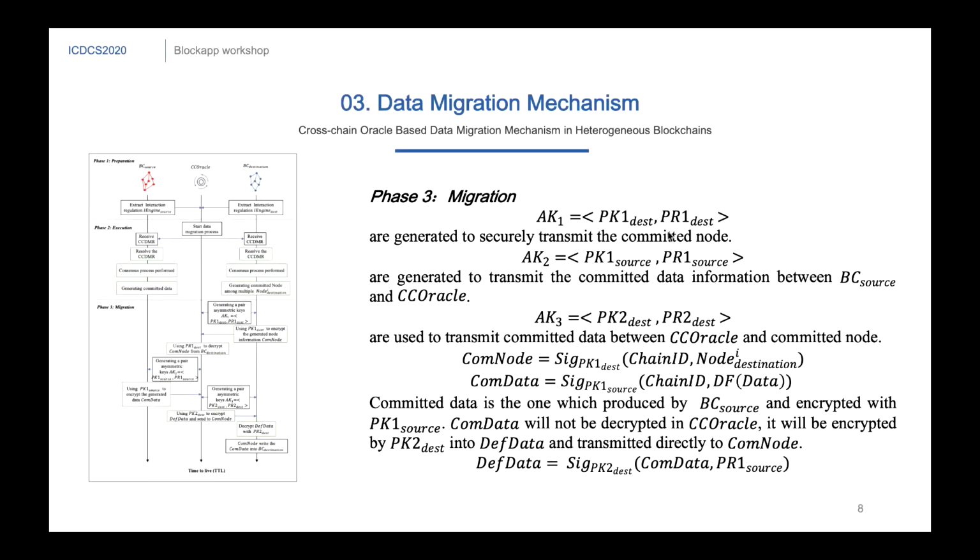In particular, we propose a cross-chain data migration architecture based on a data migration oracle, which can not only receive outside requests but also open a communication channel between two blockchains. Accordingly, a data migration mechanism is also proposed to clarify how the source blockchain, destination blockchain, and data migration oracle adhere to